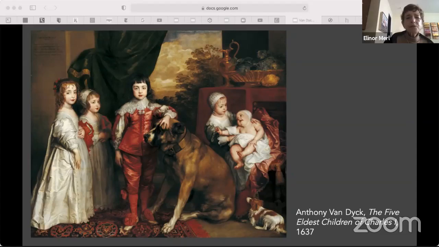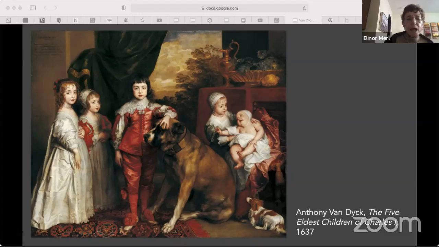And Van Dyck's masterful painting acknowledges both the youth and the status of its royal subjects, breaking with the earlier tradition of presenting royal children as miniature adults. The picture was commissioned by Charles I. The 5 children are shown left to right: Princess Mary, who was later Princess of Orange and mother of William III, James, Duke of York, later James II, Prince Charles, later Charles II, Princess Elizabeth, and in her sister's lap,